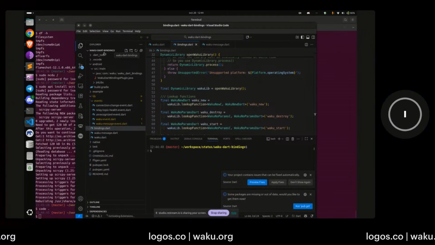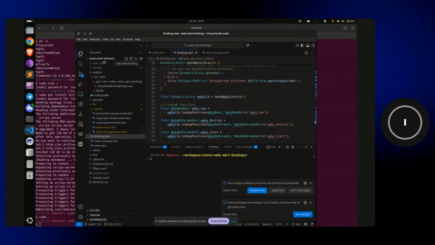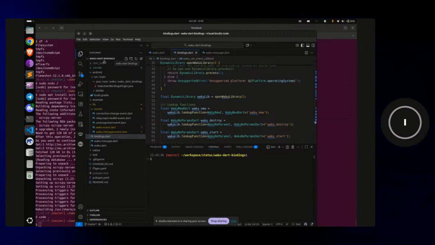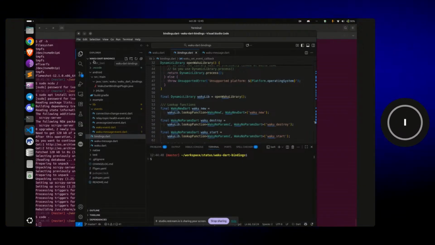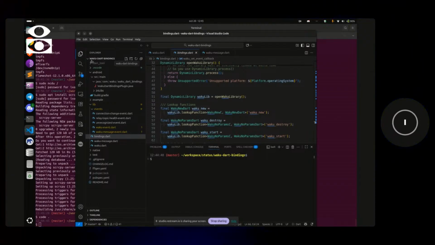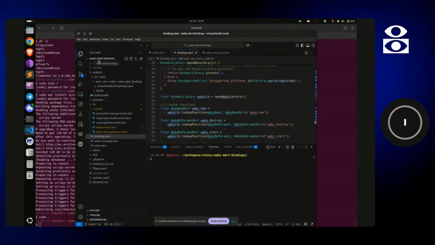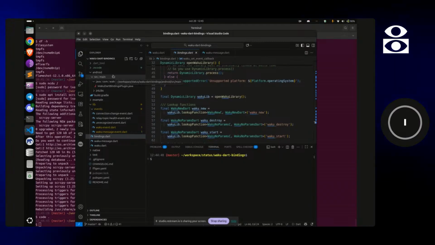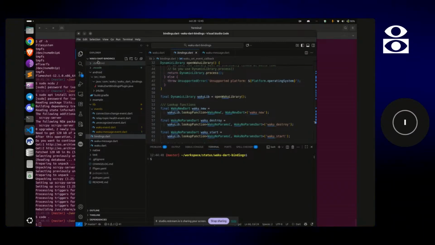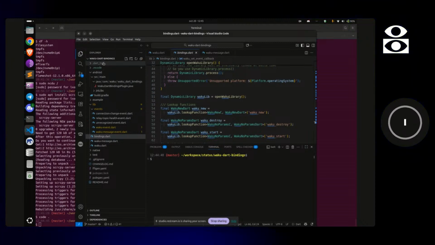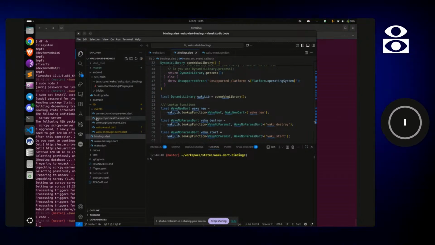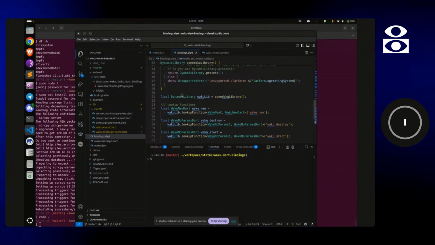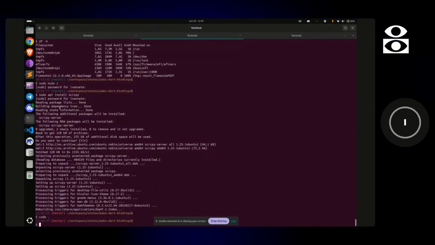Something that we use nowadays in Waku, a mechanism to expose the current Nim Waku implementation to other languages, is a technique called bindings. We create a wrapper around the C library that we create from Waku. And this is the example of the bindings of this wrapper around Dart. And Dart is the language that is being used within the Flutter environment.